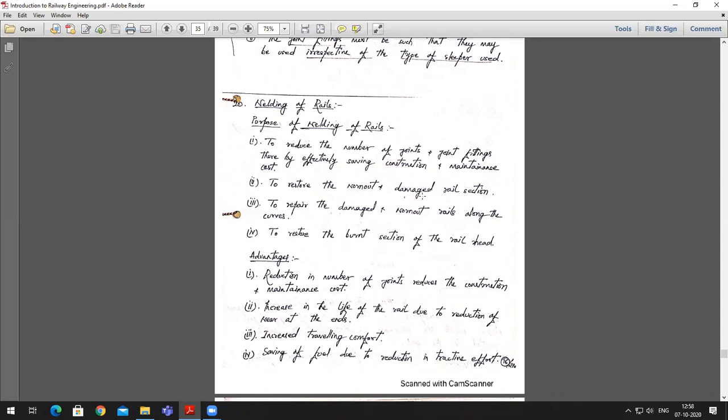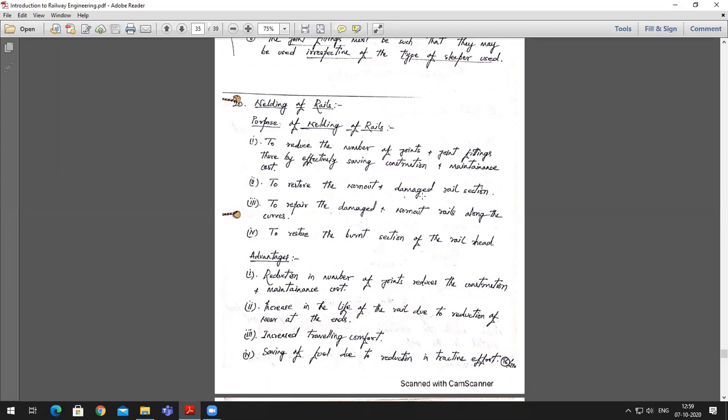Now as I told you, there might be flowing of metal at the head, or wearing out of metal from the sides of the rail. All these kinds of defects and failures can be corrected using the welding process. Okay. Now the advantage here is that the number of joints gets reduced mostly. Okay, which will again reduce the cost of maintenance, because there would be no fish plates and fish bolts being used in most of the sections. Okay, so if the joints get reduced by this process of welding, the maintenance cost also gets reduced.